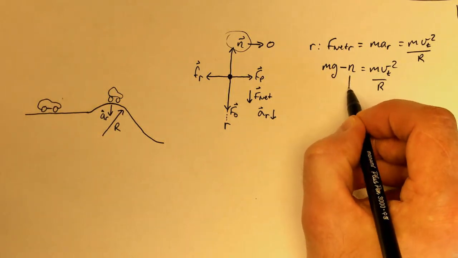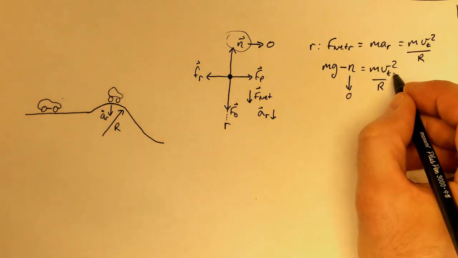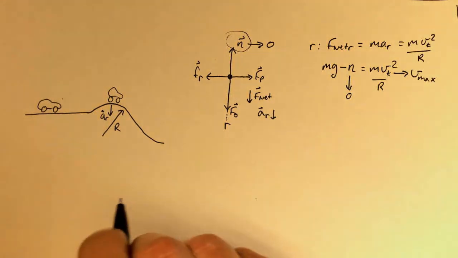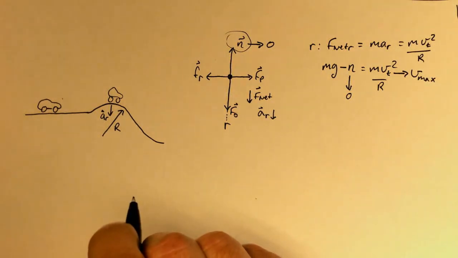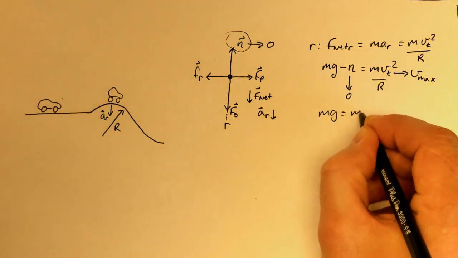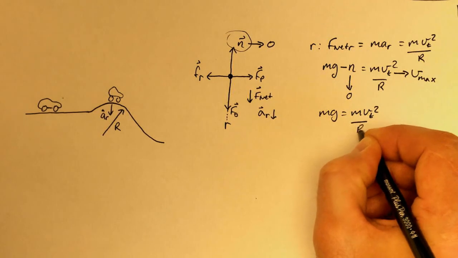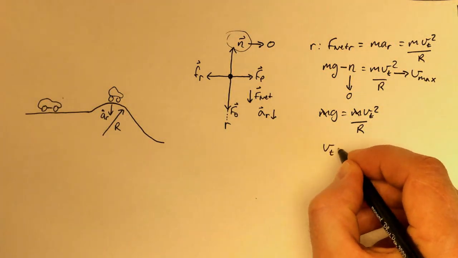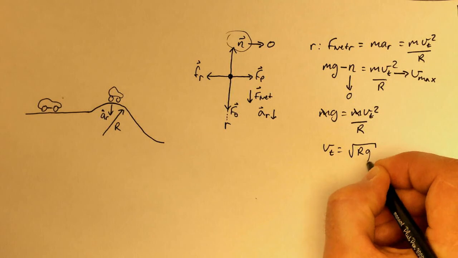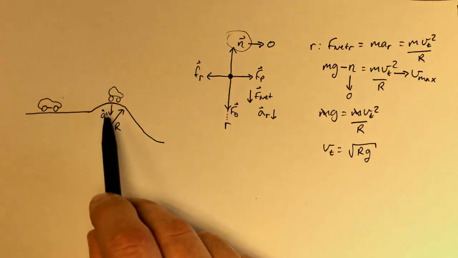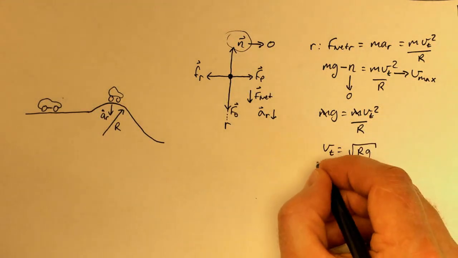So our N approaches 0 when our tangential velocity approaches this maximum or critical speed to get around that curve without jumping. And so in doing that, we end up with mg equals m v_t squared over r. The masses cancel, so it doesn't matter if I'm in a bus or in a Cooper Mini. Okay, and I find v_t equals the square root of r g. Okay, now we've seen that form before, and here again it comes into play. That this critical speed, this is v critical,